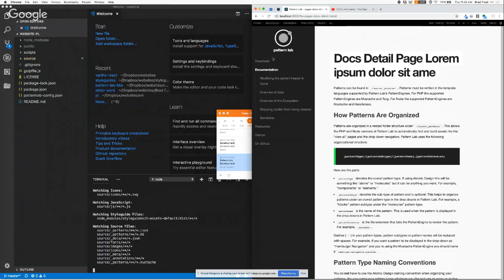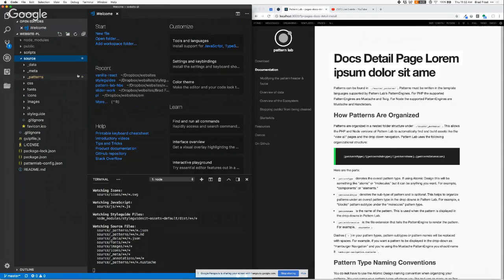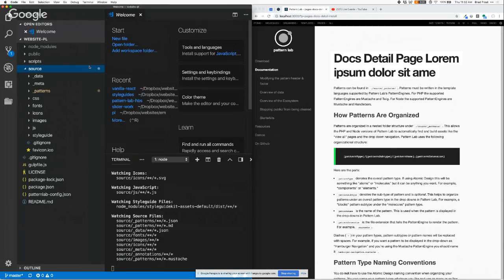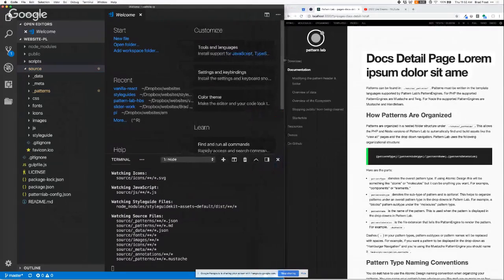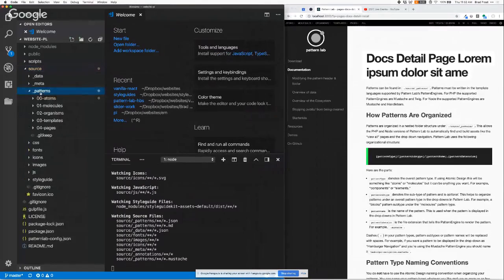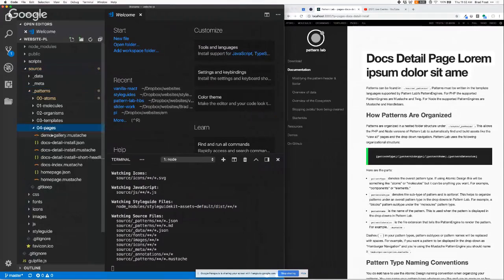Now, we're not going to style them or anything like that, because that's something I want to do with Dan. But at the very least, I want to get this stuff present and accounted for inside of Pattern Lab. So I'm going to open up my patterns folder,